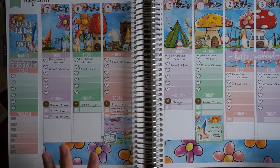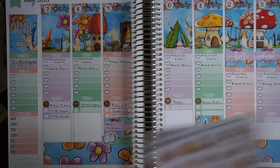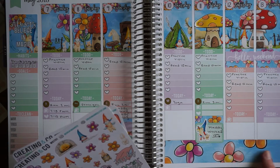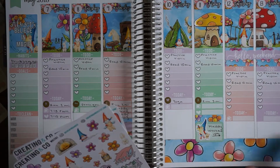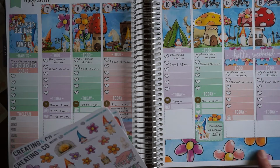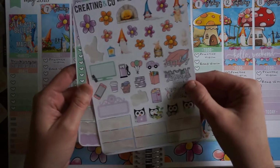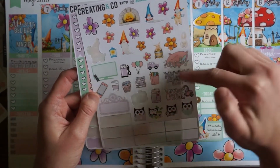So this is all I have for right now, and then I'll just show you what was remaining on my sheets. And I feel like I should put that my in-laws are in town, but I'm probably gonna put our plans in here, so maybe towards the end of the week I'll do that, or maybe I can in this blue space just put a quarter box saying that they were in town. But I've got quite a bit of deco left on the first page, and then all of these